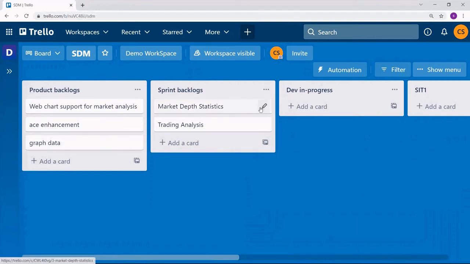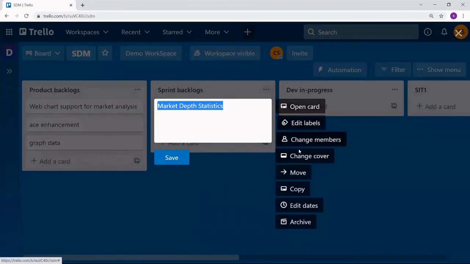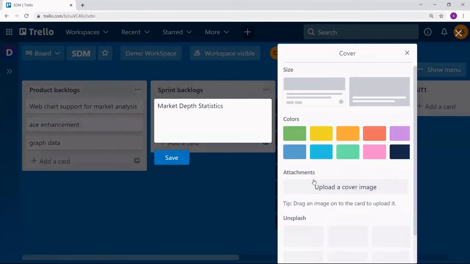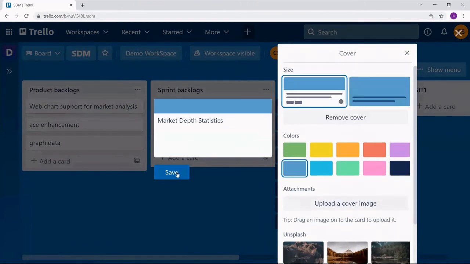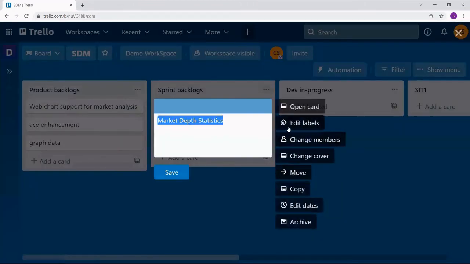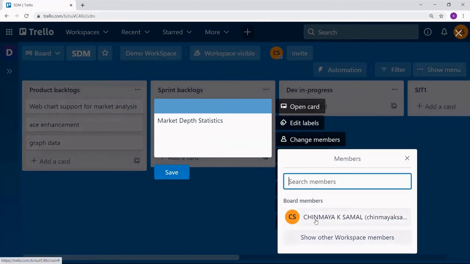Here you can see one edit option. You click on the edit option, and you can see a lot of things. If you want to change the cover, select any color here. Suppose you want to add any members, then here you have the change member option. One member is there, so I am choosing one member.